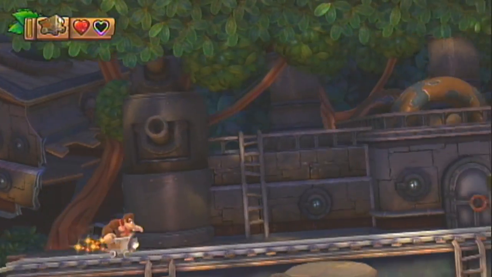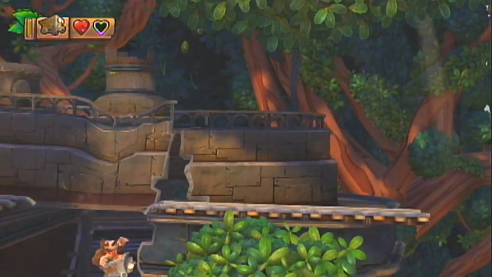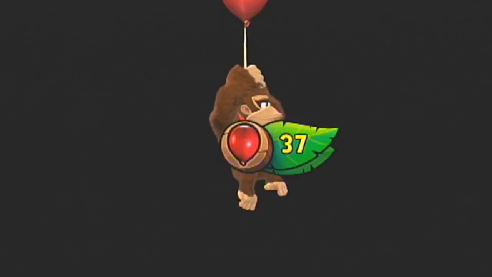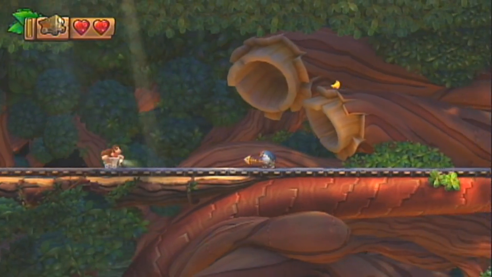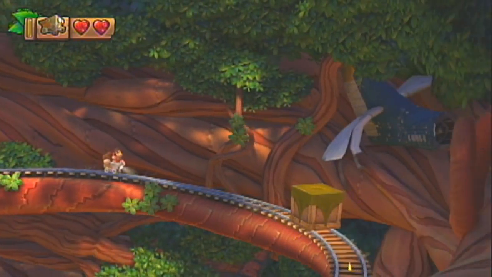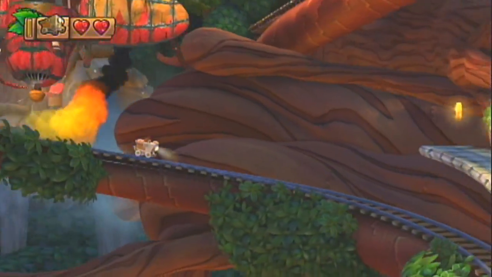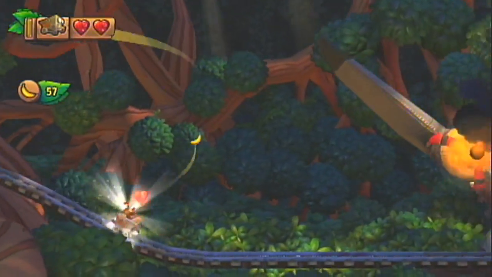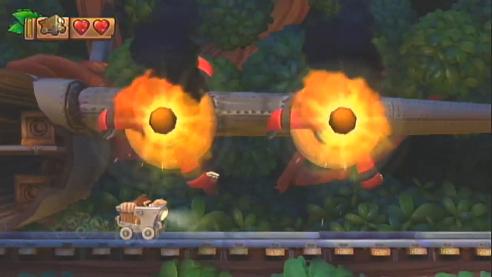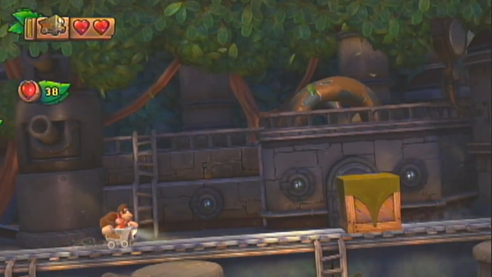Okay, I missed that one. How the hell am I... Oh, I know how to get that. They make the letters really hard to get in these levels, though. Okay, so... Jump. Jump. Duck. Okay, I missed that thing. I want to stay still. Just fall off the platform here. Yep. Perfect. And now we have...